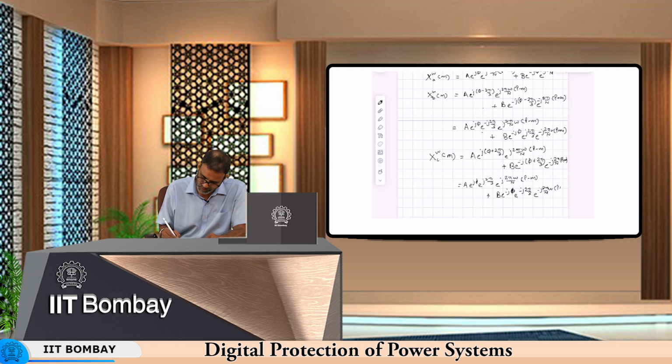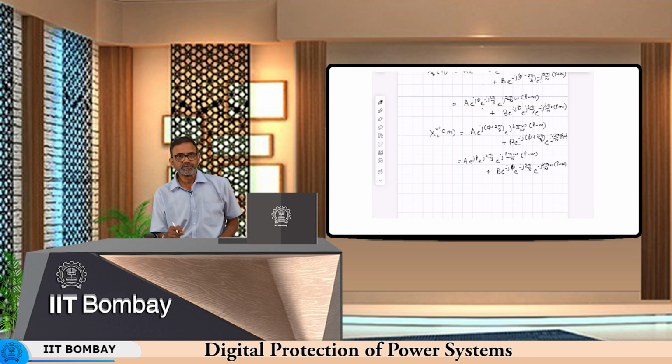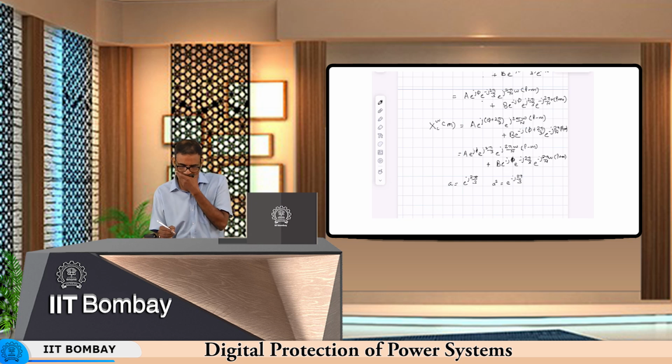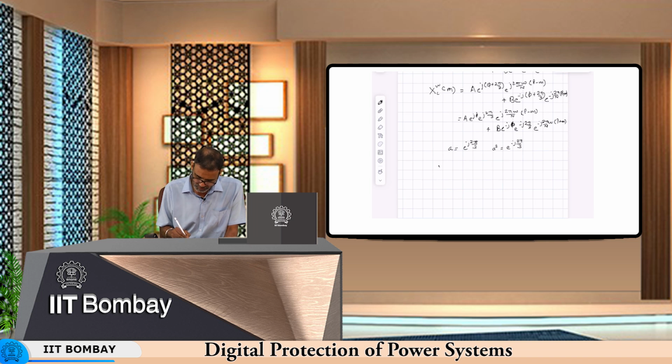Okay, so now we have the operator a, which we have defined. If you remember our lecture on symmetrical components, we have the operator a, which is e raised to j 2 pi by 3, and in turn a square is e raised to minus j 2 pi by 3. Okay, so here these can be replaced as, what we simply get here is xa w, of course, is a e raised to j 5